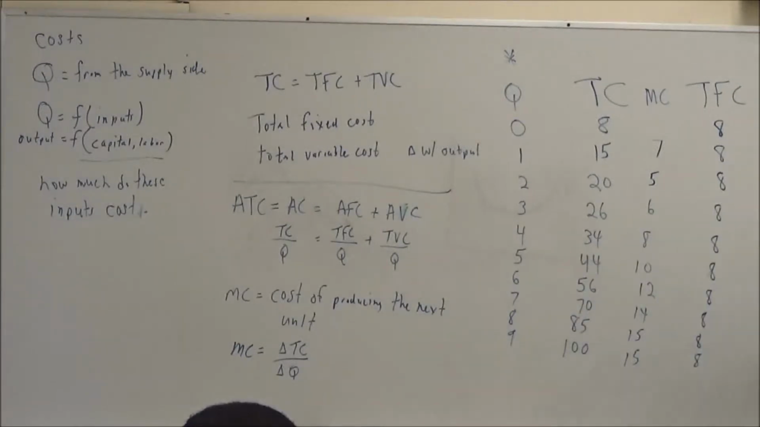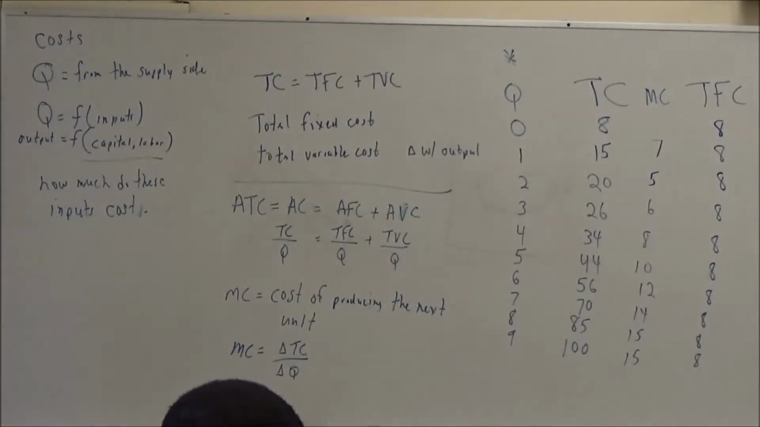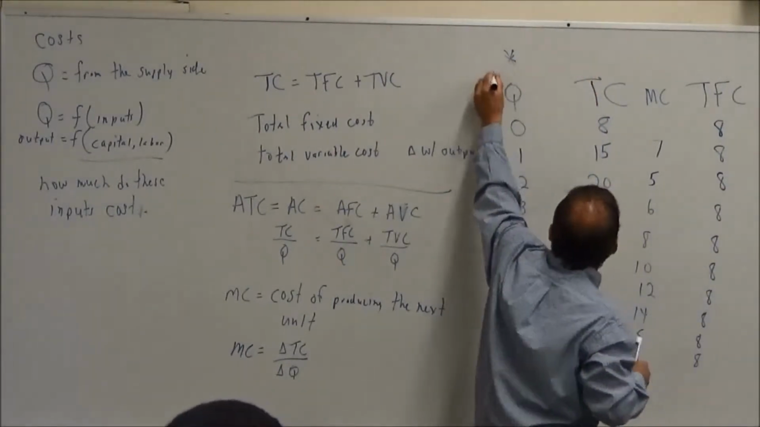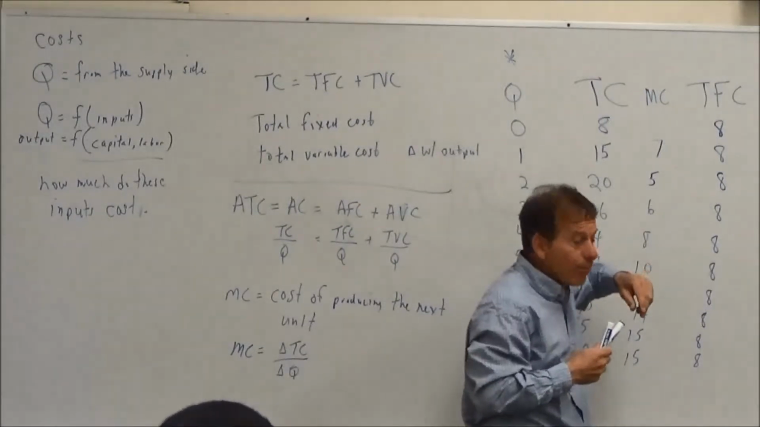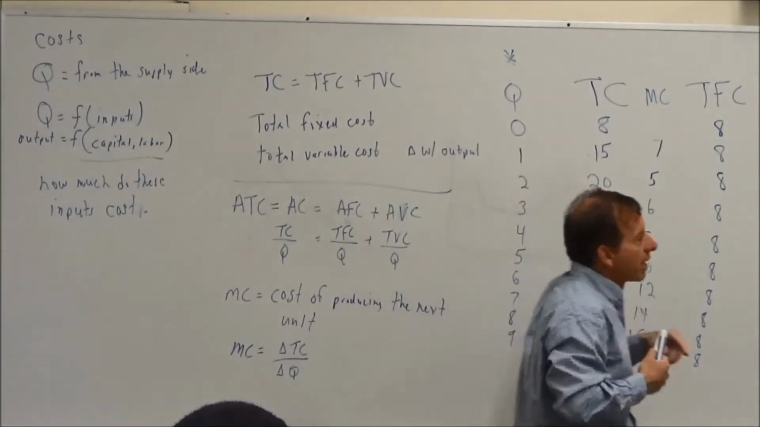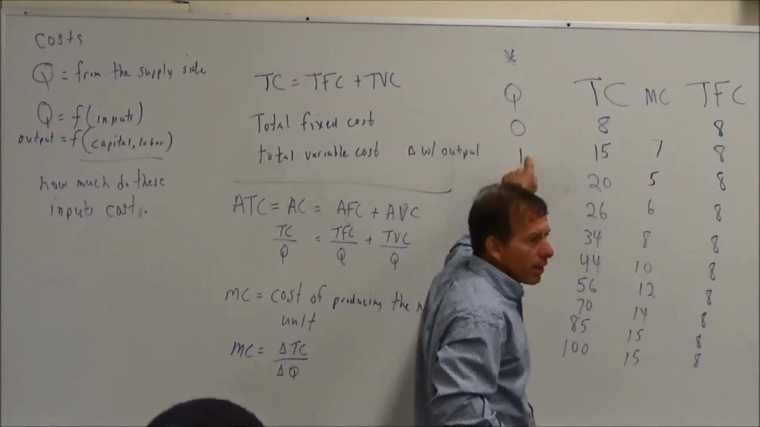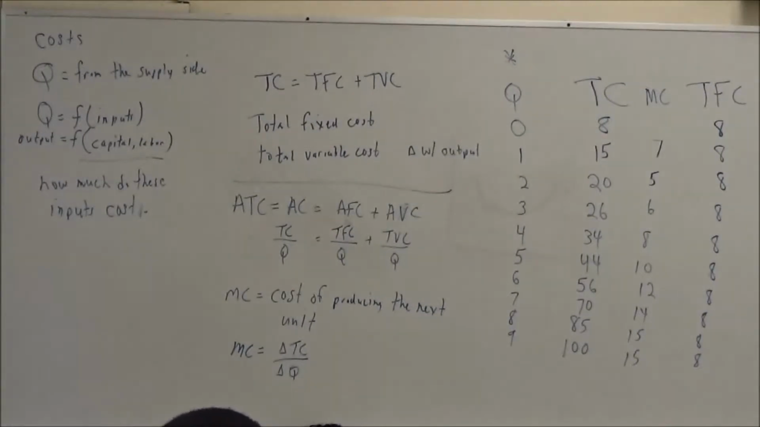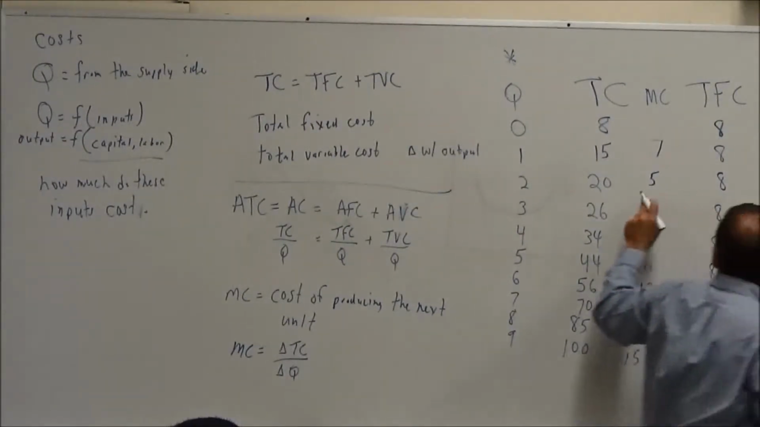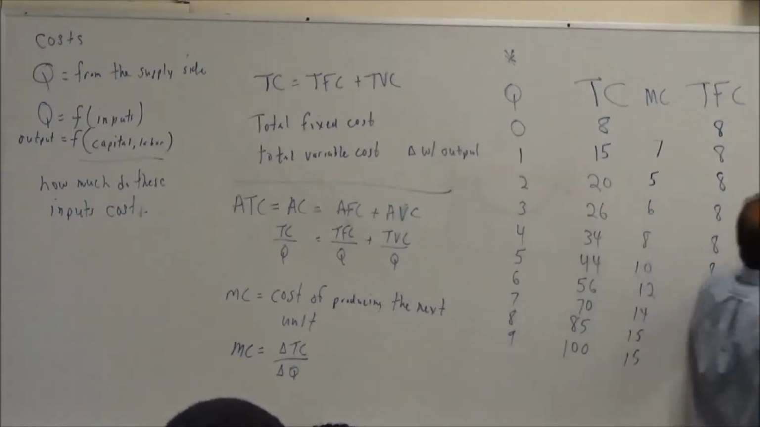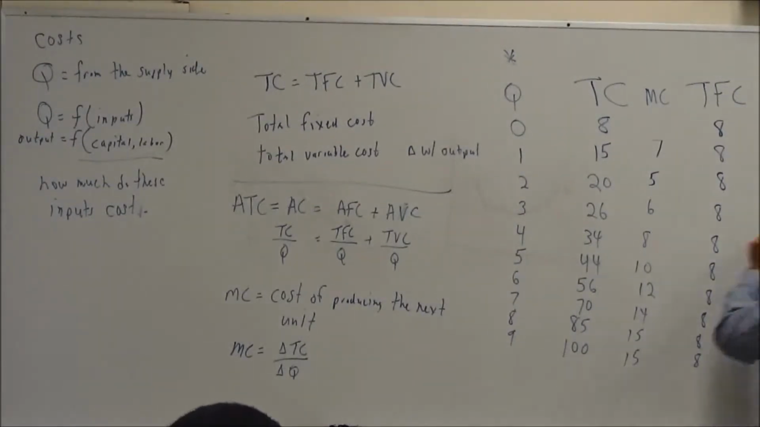All right, now let's fill in this average cost column too. So the average cost is going to be your total cost divided by Q. So it's this column here and this column here, and we're just dividing them. So 8 divided by 0, we can't do. 15 divided by 1 is 15. 20 divided by 2 is 10. And 26 divided by 3,